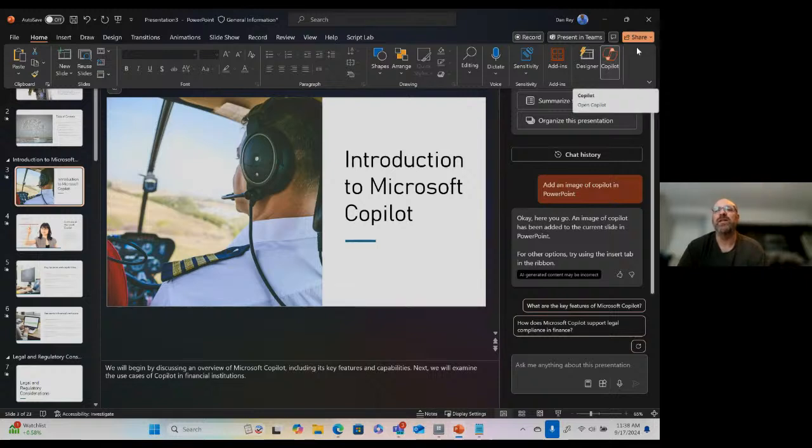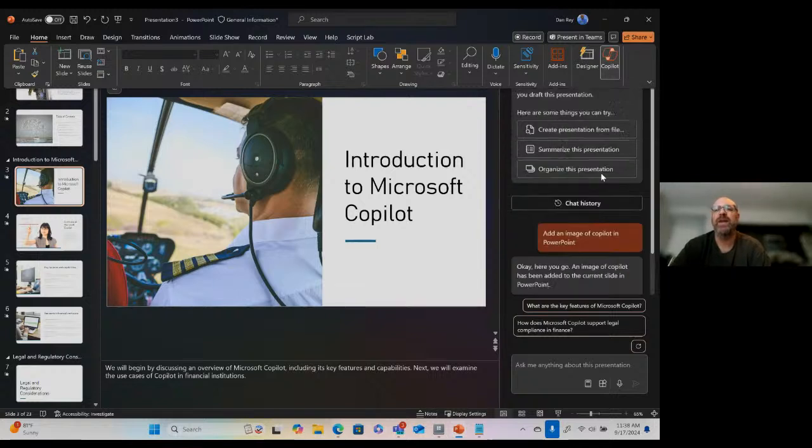You'll notice that the Copilot icon in PowerPoint is orange. The Copilot icon in Word is going to be blue. So in the particular products, it picks up the shades of the application. And then it looks like in the Copilot pane, we had the multicolored.